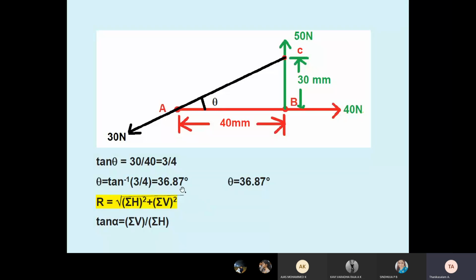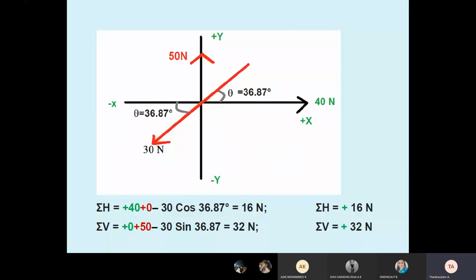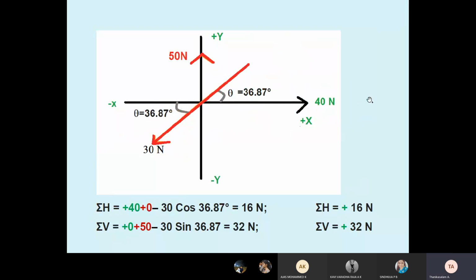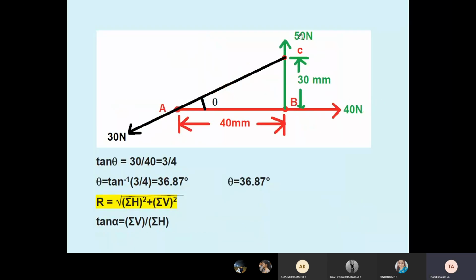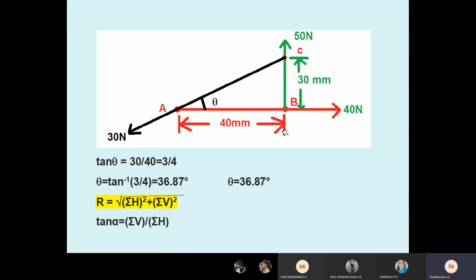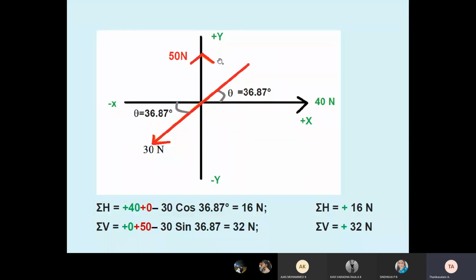Okay. Now, how many forces? That is 40 Newton, 50 Newton and 30 Newton. Now come to here. See, I have written summation of H directly. Any forces given, you must convert, you have to draw them in the quadrant. See, 40 Newton goes to the positive x-axis. I marked here 40 Newton, positive x-axis. Then the 50 Newton goes to the positive y-axis, as the question and the diagram also show. See here, 50 Newton in the positive y direction.